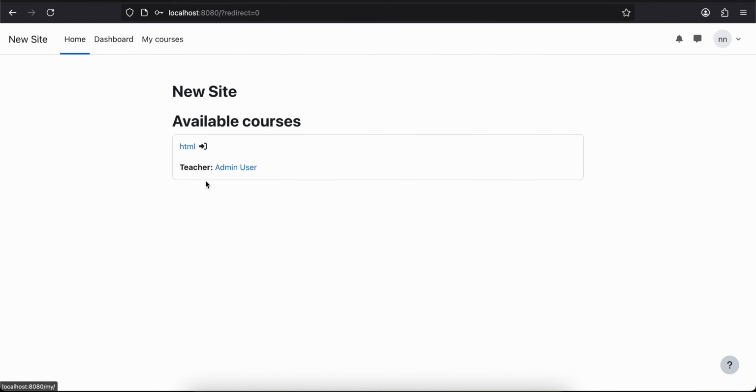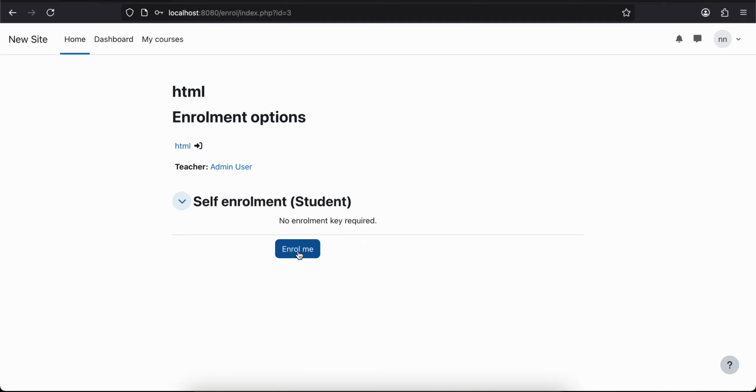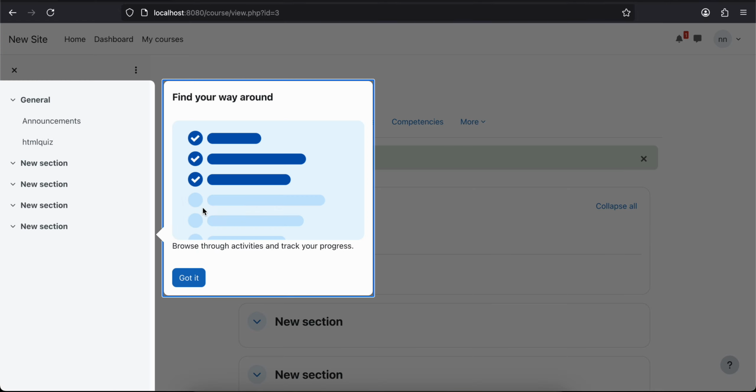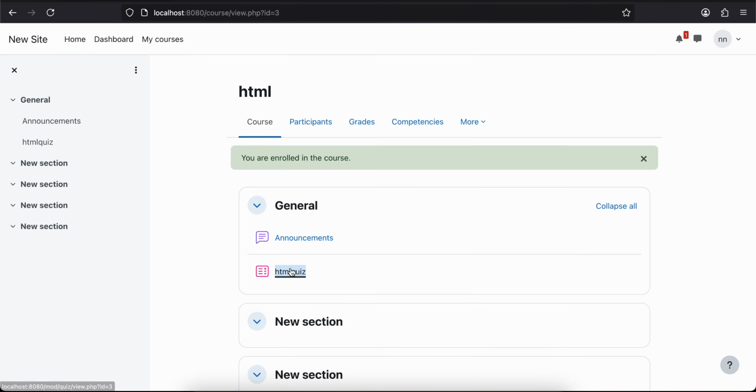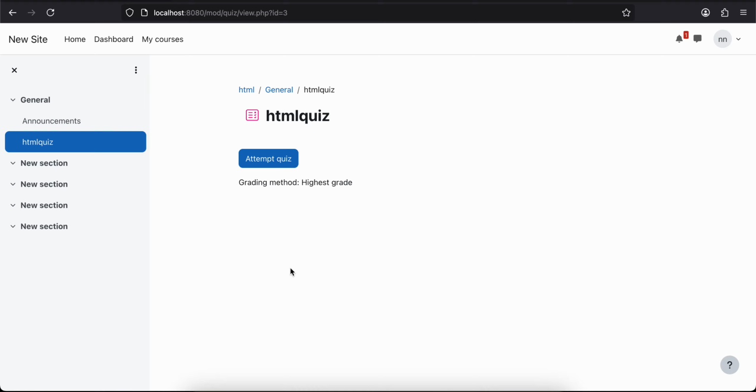I'll click on home. Here you can see this is the course. I'll click on HTML and I can automatically enroll myself. So I can just click on enroll me, and here you can see I'm enrolled in the course. I can click on the HTML quiz. So yeah, that's how you can set different enrollment methods, like self enrollment, manual enrollment for a particular course in